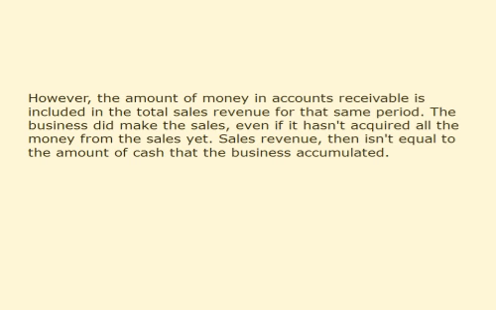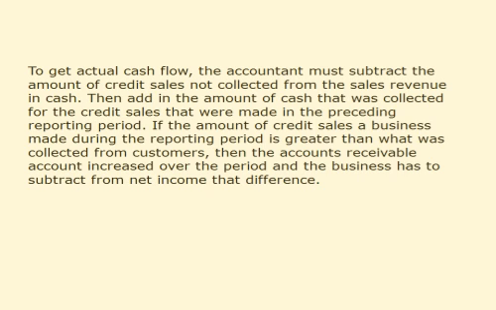Sales revenue, then, isn't equal to the amount of cash that the business accumulated. To get actual cash flow, the accountant must subtract the amount of credit sales not collected from the sales revenue in cash. Then add in the amount of cash that was collected for the credit sales that were made in